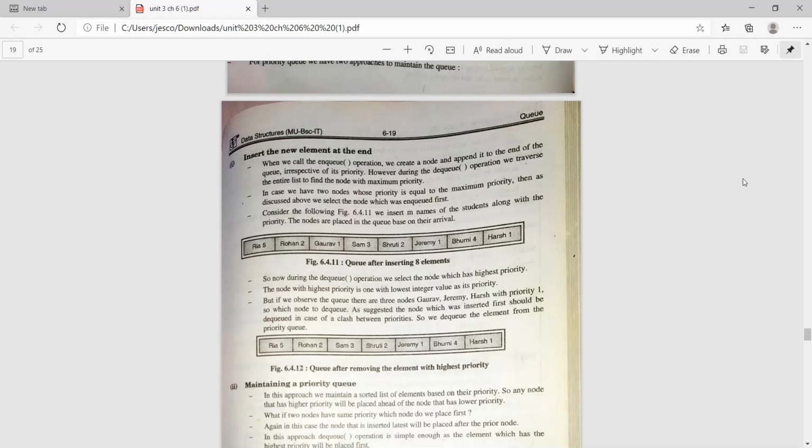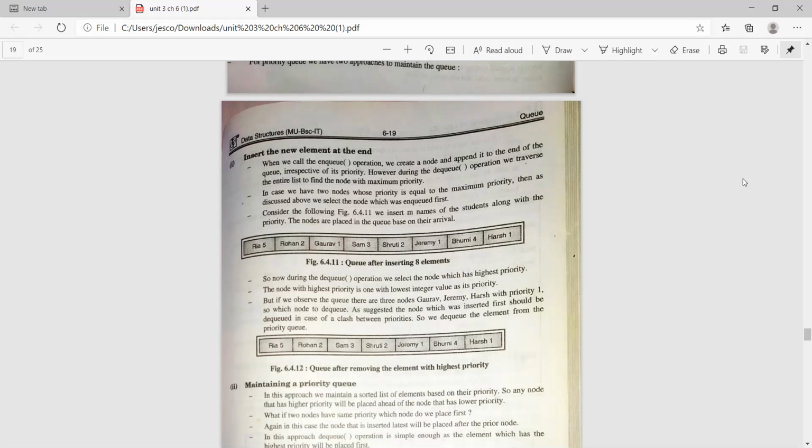Now, during the DQ operation, first we select the node which has the highest priority. In this example, we can see Gaurav, Jeremy, and Harsh have the highest priority. We observe that the queue has three nodes with the same priority, that is the highest priority, 1.